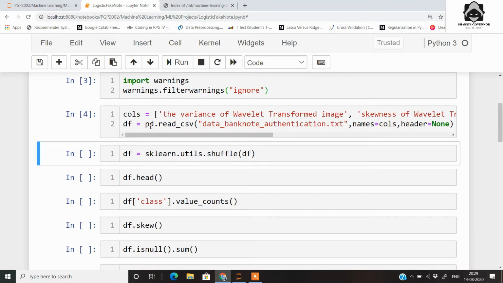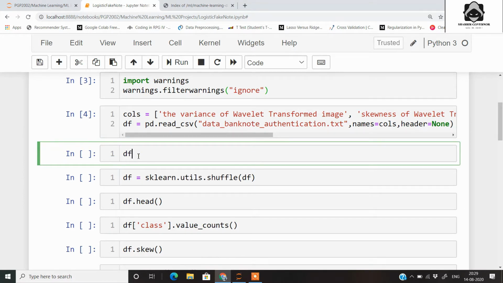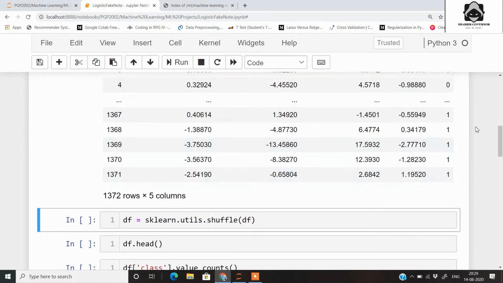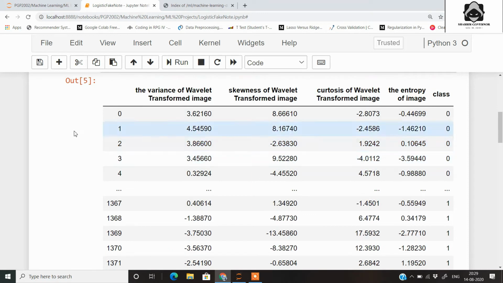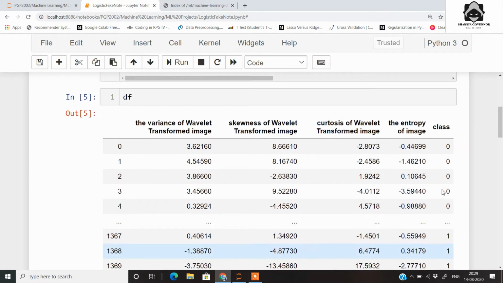Now if I just see this data set directly, let me run this. You can see here the data set is such that initially from index 1 to some point we have the class 0, and then we have the class 1. So this is not a shuffled data set, it is a very neatly packed dataset. So it is better that we shuffle the dataset so that our model gets trained properly. After splitting the data, the test part also has both the classes so that we can verify our model properly.